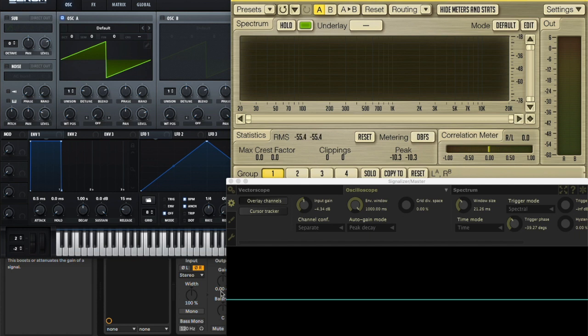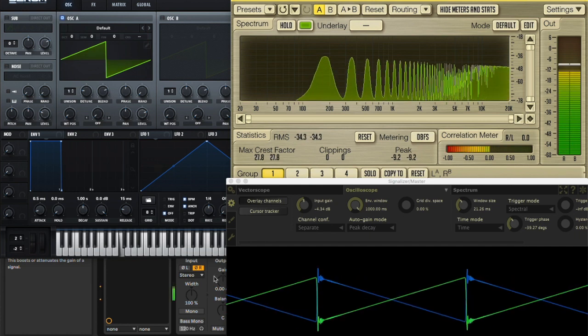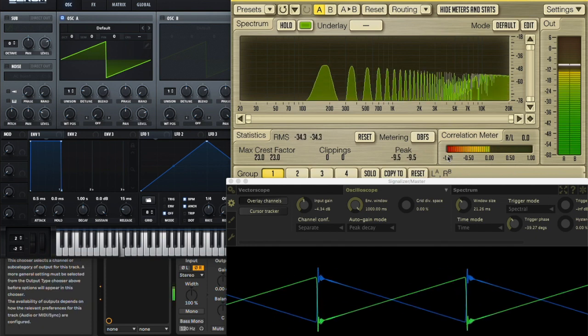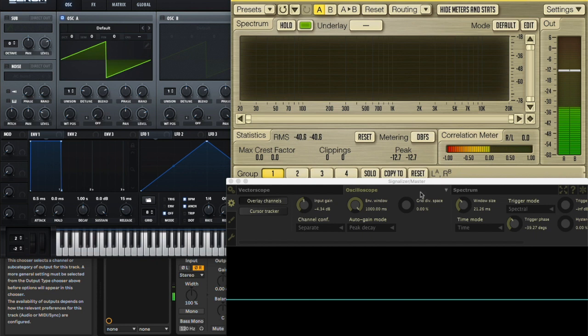But if you have mono, then it's going to completely null itself out. It's going to be mute, which we're going to do in a minute as well. But hear what this sounds like. You can see it's 180 degrees out of phase, and the correlation meter goes into the negative, which, unless you're trying to do that, you don't want that to happen, because that means that when it goes mono like this,